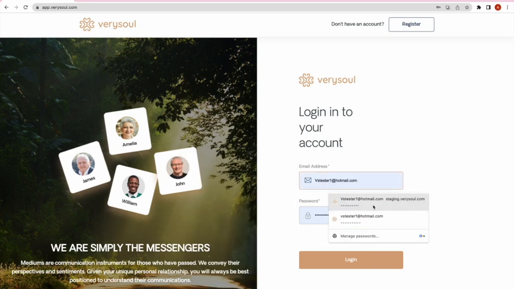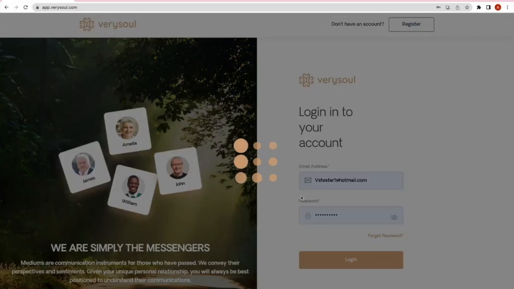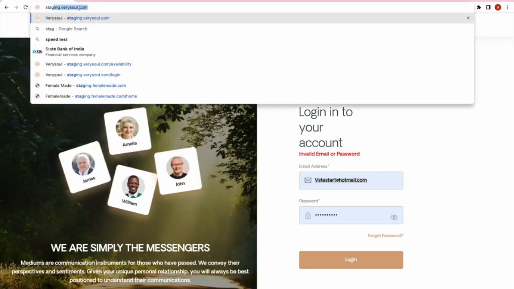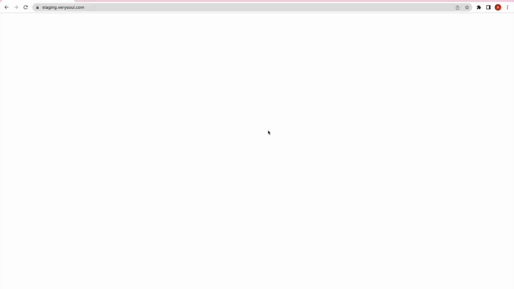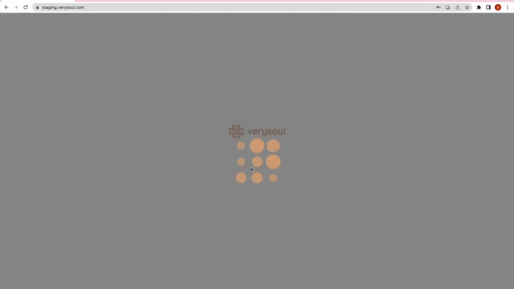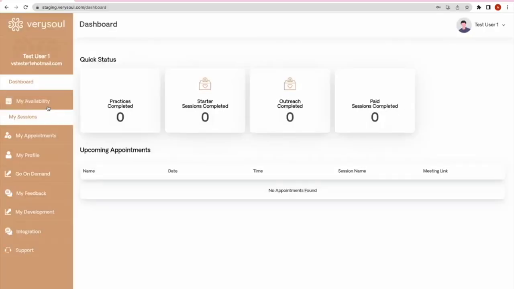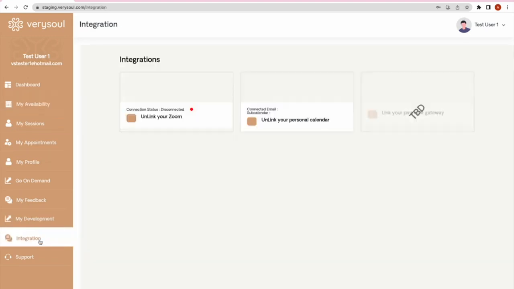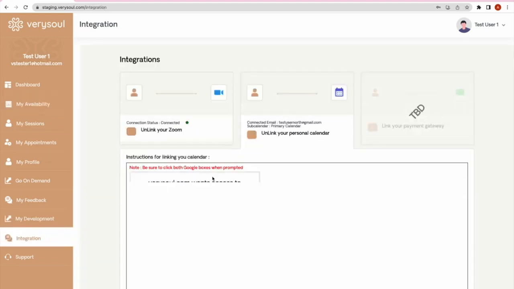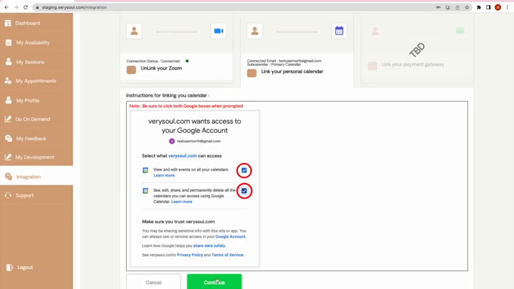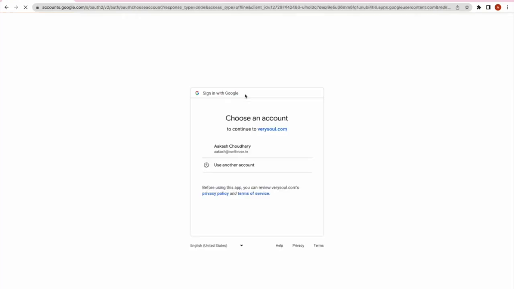So I'm logging in with one of my accounts. Okay, in integration, if I unlink my personal calendar and then click on link my personal calendar again, it